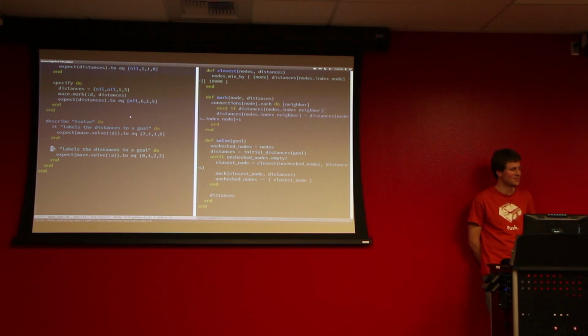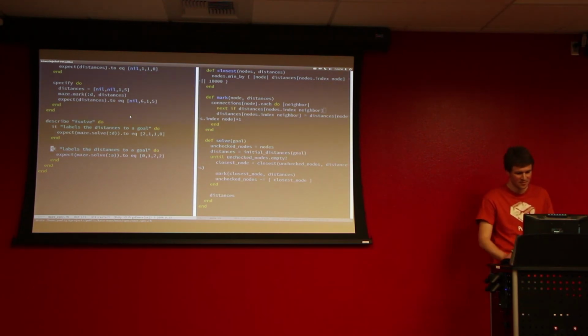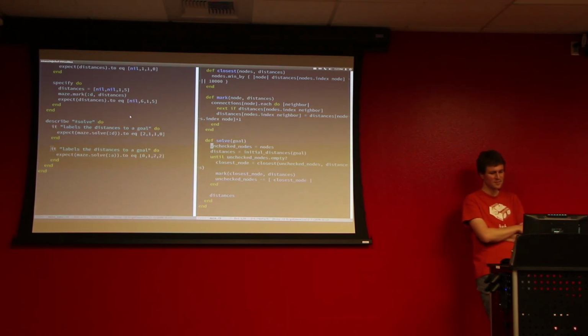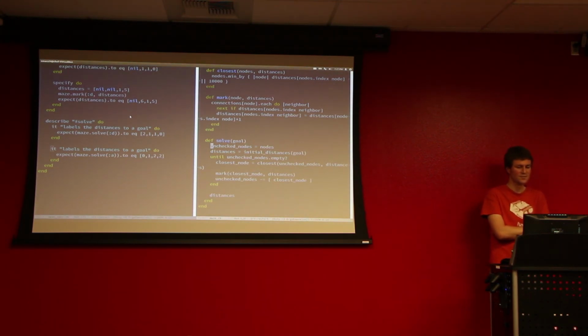And I would say, if you look at, for example, unchecked nodes equals nodes, and then you have this thing later where this function closest takes unchecked nodes and distances to figure out what the closest node is, and Maze is responsible now for figuring out what the closest node is for a set of nodes. If you envision unchecked nodes not as just a copy of this collection, but as a totally different class that might be a collection style class that knows how to find the closest, and still do exactly what you did, but not do it at the method level, but say, create all these other objects that you want to use, and then test drive out those objects, that would be a more desirable